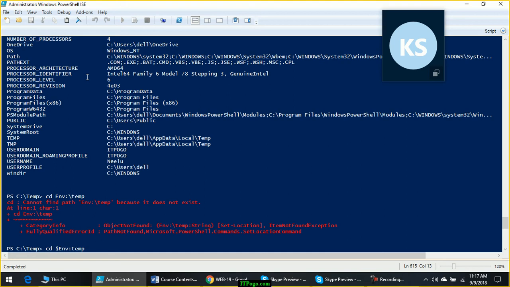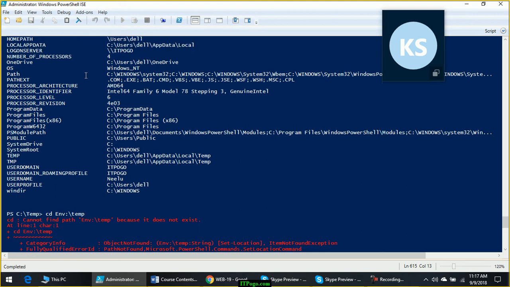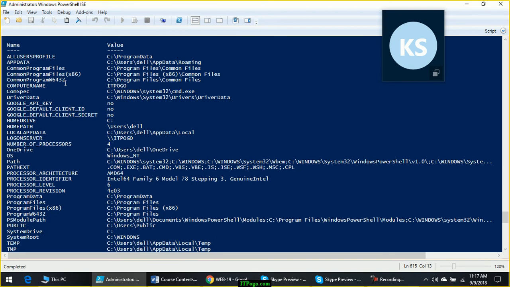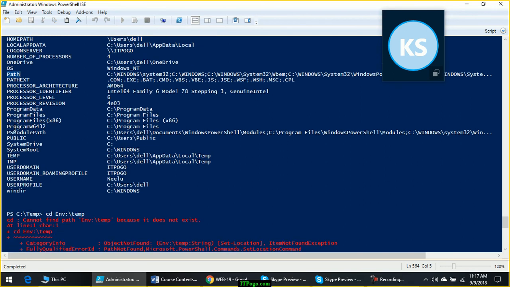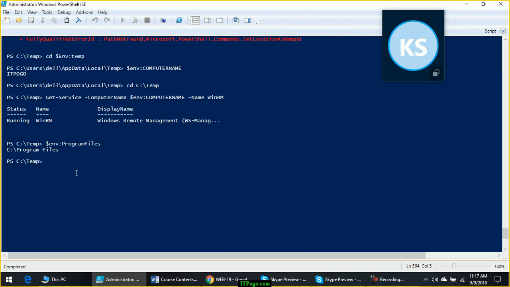You can choose where you want to install these things. So you should not be guessing anything, you should be reading it from the environmental variables. So number of processors, this is one more thing. Yes, that is the purpose.